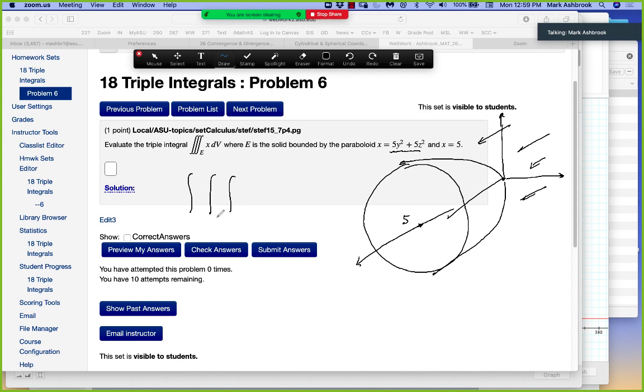So then we'll have 5y squared plus 5z squared is the back. From back to front, x equals 5. And then we're going to have dx. And then the question is, what makes the most sense for the outside double integral here? Use polar coordinates? Yeah, for sure, because when we project this thing onto the yz plane,